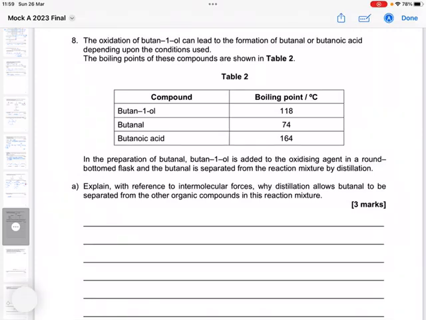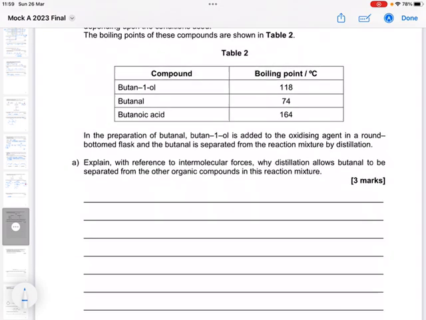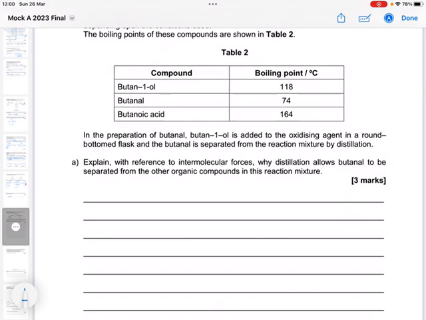The oxidation of butan-1-ol leads to the formation of butanal or butanoic acid, depending upon the conditions used. The boiling points of these compounds are shown in Table 2. In the preparation of butanal, butan-1-ol is added to the oxidising agent in a round bottom flask, and the butanal is separated from the reaction mixture by distillation. A. Explain with reference to intermolecular forces why distillation allows butanal to be separated from the other organic